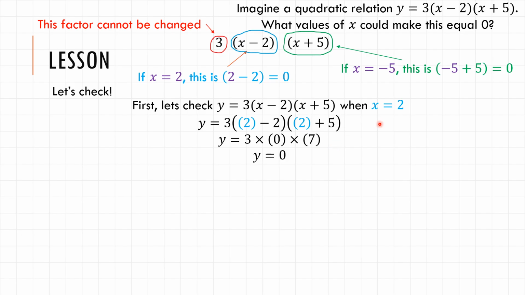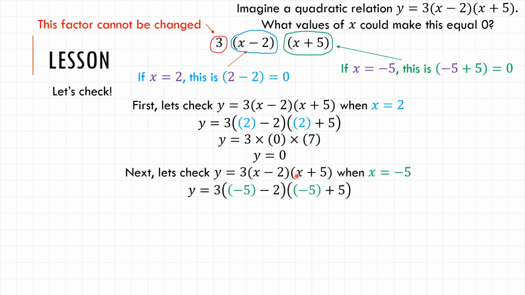And if we tried it with negative 5, the same equation, I'm going to plug negative 5 into x. This would be 3 times negative 5 minus 2, which is negative 7, times negative 5 plus 5, which is 0. It doesn't matter what this one is. 0 times anything will always equal 0. So the takeaway from here is that